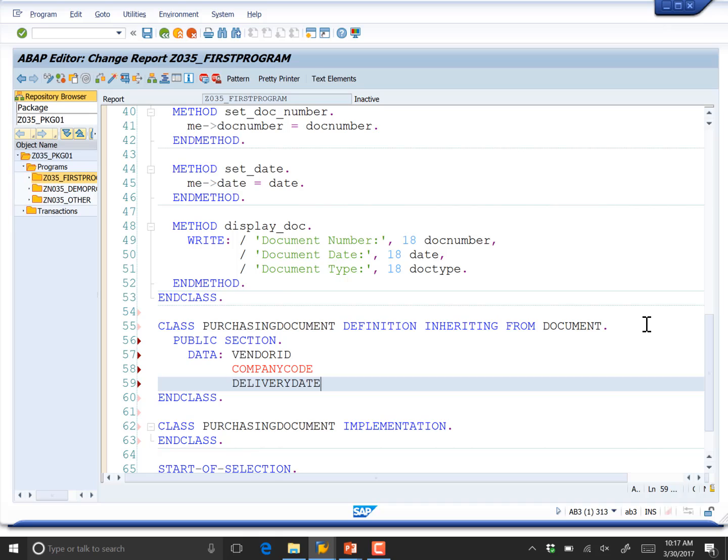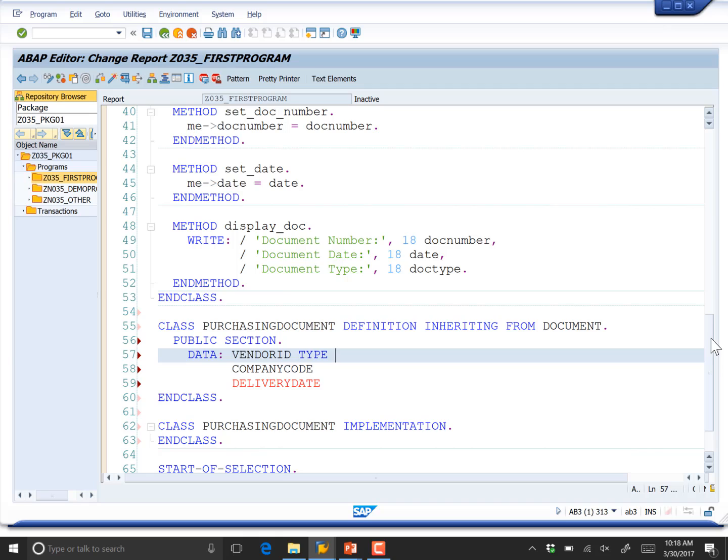We're just keeping this very general, but you get the idea that a purchasing document is going to add three new attributes: what vendor we're buying from, what company we are that's doing the buying, and when this item is supposed to be delivered. So now at this point, this just becomes a matter of assigning data types and other things of that sort. So we will make the vendor ID